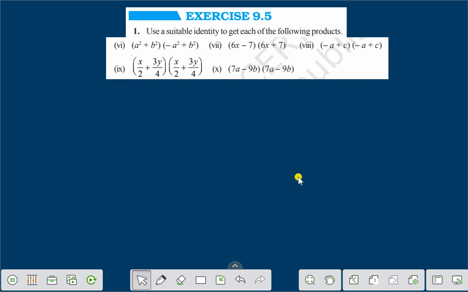Hello everyone. Today I'll discuss exercise 9.5 question number 1. Use a suitable identity to get each of the following products. We shall solve question number 6. Here you see question number 6 is